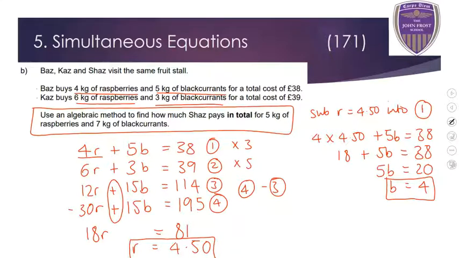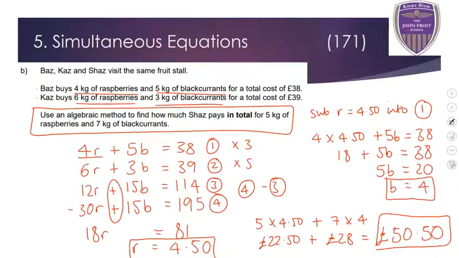So Shaz is buying 5 kilograms of raspberries, so she's getting 5 lots of £4.50. She needs to pay that much, doesn't she? And then she's buying 7 kilograms of blackcurrants, so that's 7 lots of 4. When you add those together, 5 times 4.50 is £22.50. 7 times 4 is 28. So when you add those together, she is spending £50.50